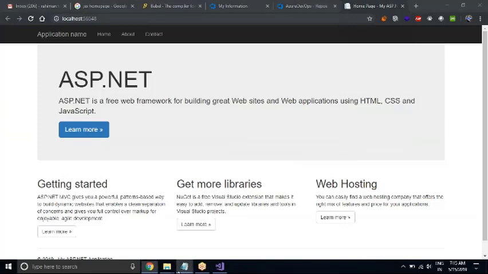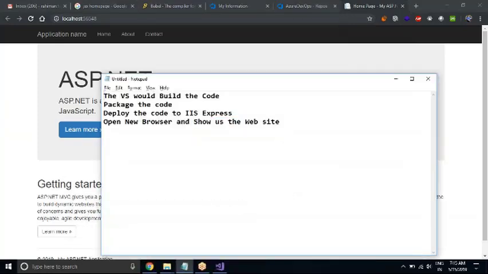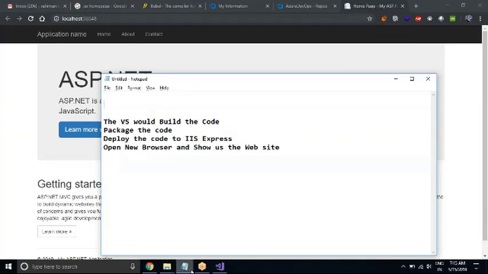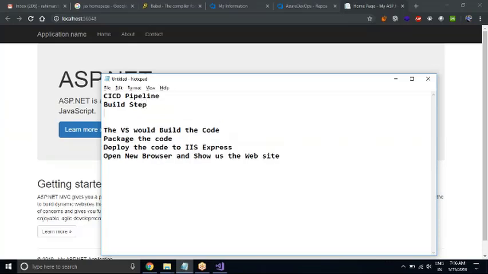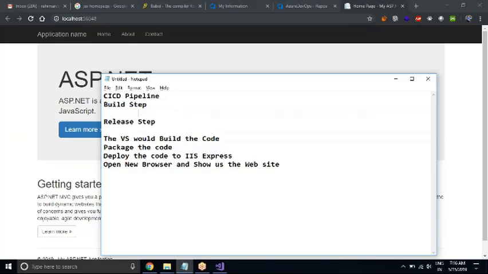A CI/CD pipeline question. When I'm building a CI/CD pipeline, before this, we need to create a publish profile and all, right? What do you do? I will have 2 steps in it. One is the build step, one is the release step. What is the build step? The VS would build the code. That is one step,